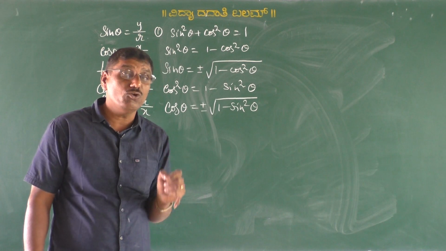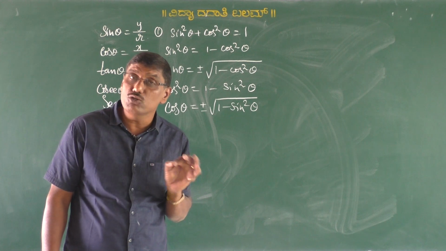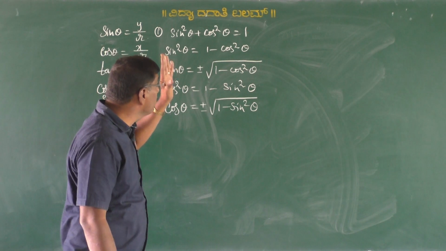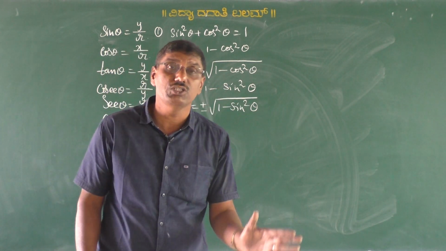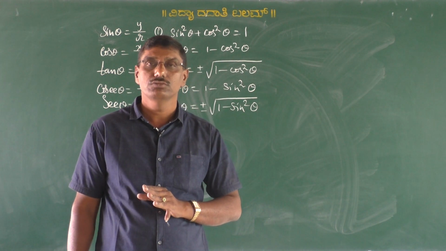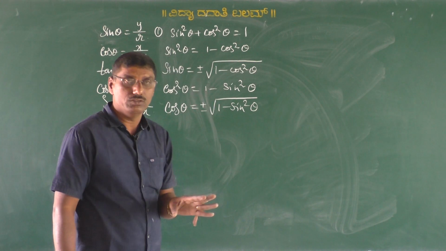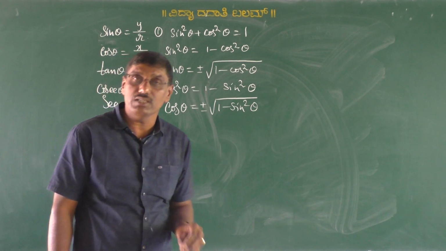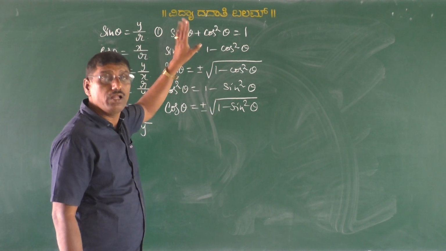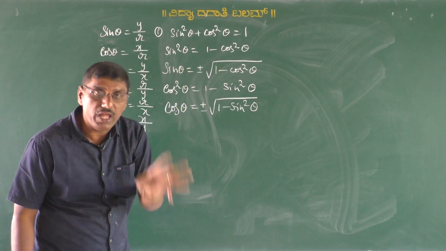An equation is said to be an identity if it is true for any values of the given variable. That means LHS is equal to RHS, not only for some particular or limited values, but true for any value. Such equations we call identities. Hence this is true for any value, and that is why we call them identity formulae.